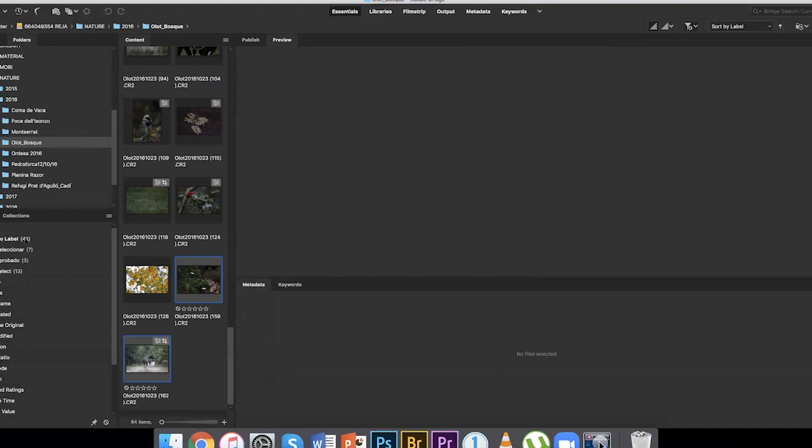If you want, once again, to preview all the images, you have to unclick all the filters. Otherwise, no labels means that those that have color or even stars will not be seen. They're hidden. Now I can see all of them. But let's say that you don't have labels. Let's say that you have images, and I will show you later on in practice. You have images,